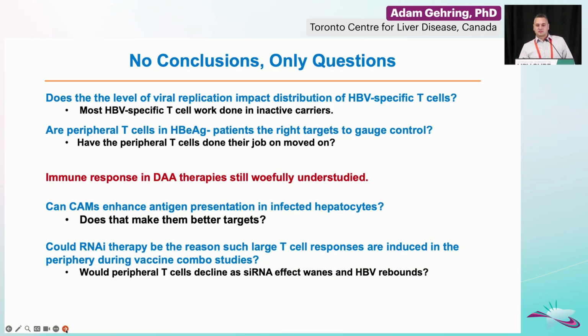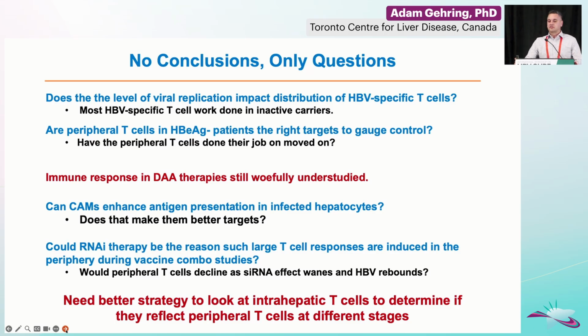We're seeing in some of these combination studies pretty large T cell responses after siRNA and therapeutic vaccination. And so does that recirculation to the periphery actually facilitate vaccine boosting? And then following these patients as the siRNA or the ASOs wash out to see if that decline in T cells, or which T cells go into the liver, and whether or not this is actually related to viral control will be interesting. But the last point that I'm going to point out is that no matter what, we need a better strategy to look at the intrahepatic T cells and determine if they really reflect the peripheral T cells at these different